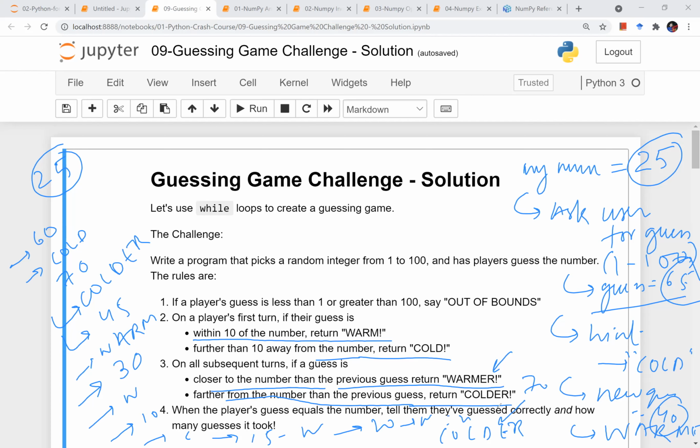Then he says 24. So ultimately he will tend to my number 25, right? This is my goal, by giving him these hints. And I have to make it an interactive program, so that the user should be able to enter some number, and using that number I have to perform some calculation, some multiplication, division, right? So that we will look at. So let's clear everything off and start with programming.